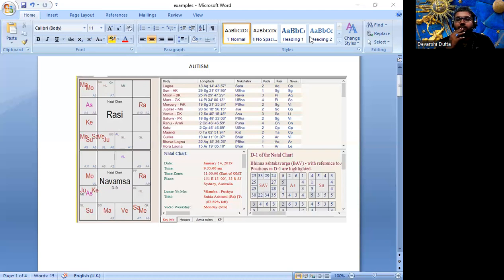Then moon, if you see, moon is not 29. Moon is 25 degree 26 minutes, Revati. It is Gandanta. Last quarter. Also Sandhi, but not that Sandhi as sun. And moon is also with Mars. So over here, this is an autism related issue, and if you see, there are issues with regards to the person's health. If you look at the Navamsha Lagna in this chart, what happens is from Capricorn Lagna, it moves to Aquarius Lagna.